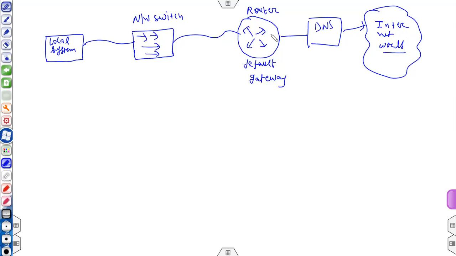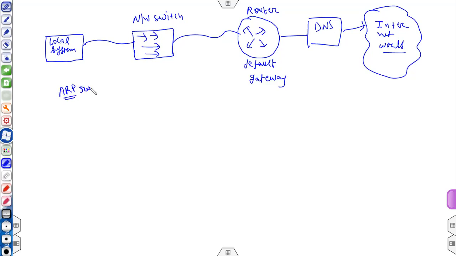Okay. So this router here, I'm considering the router like default gateway, because you know very well in any kind of network, all the requests of the network will be passed through the default gateway to the world of internet. Directly the system does not go. Okay. So this kind of scenario is there, and